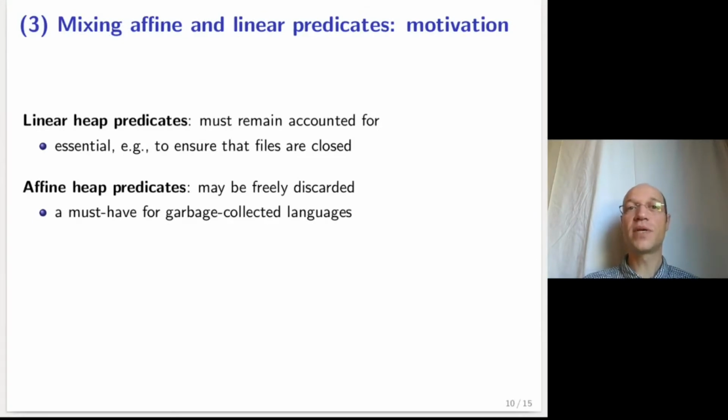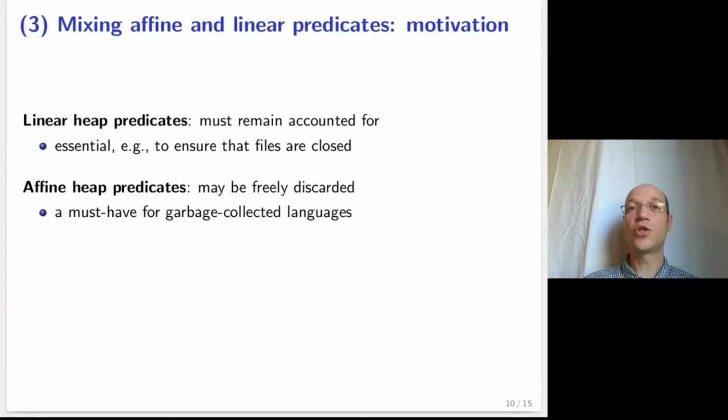The third feature is a mixing of affine and linear predicates. A linear predicate describes a resource that must remain accounted for throughout the reasoning. It is essential, for example, to prove that every allocated data eventually gets deallocated, or every file opened eventually gets closed. An affine predicate, on the contrary, describes a resource that may be freely discarded in the reasoning. Typically,